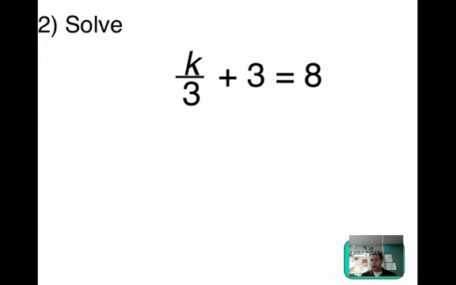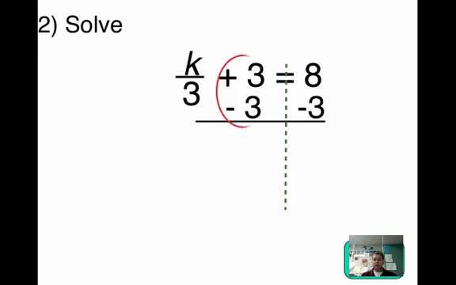Next one, if you want, go ahead and pause this and try to solve this on your own. Otherwise, just follow along, copy down. What are they doing to the variable? They're adding 3 and dividing by 3. So the easy thing is to subtract 3 on both sides. Again, put your line down the middle. We'll zero out here,